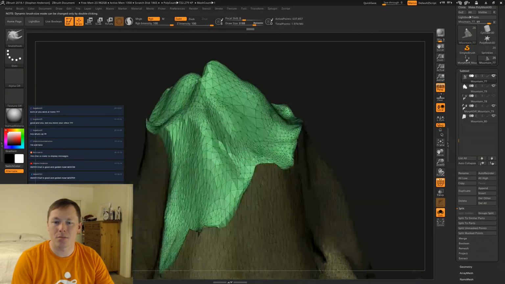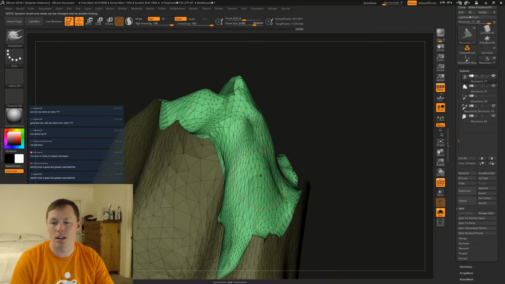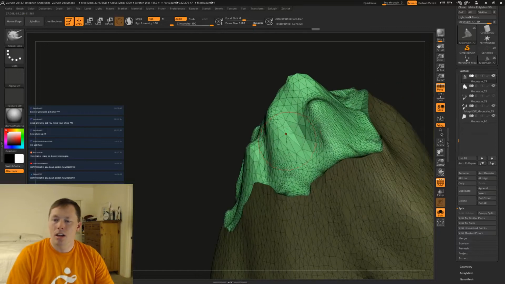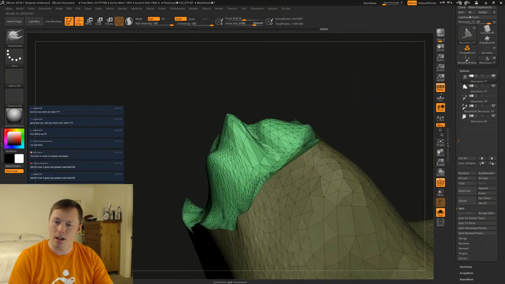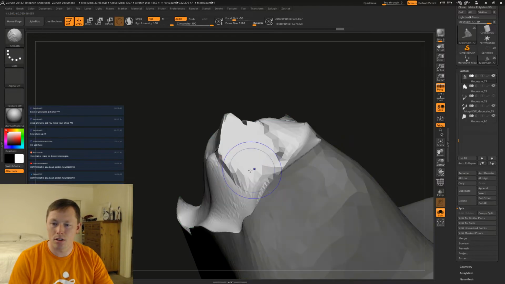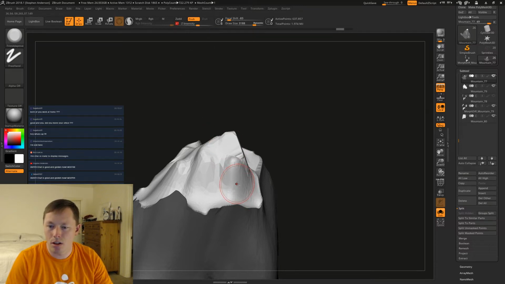Okay, let's smooth it out some. And similar sort of thing, trim adaptive. This will give us a little bit of our, oops, let's take our Z intensity down.